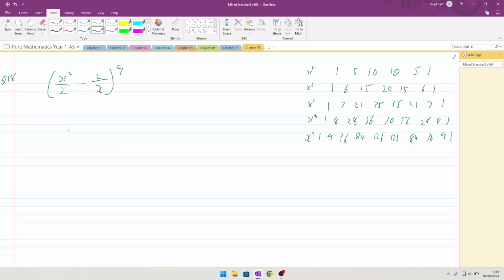So, working this out very swiftly on this one then, we're going to have 1, 9, 36, 84, 126, 126, 84, 36, 9, and 1. Okay, and that's going to be multiplying x squared over 2 to the power 9, and then it's going to be taking x squared,